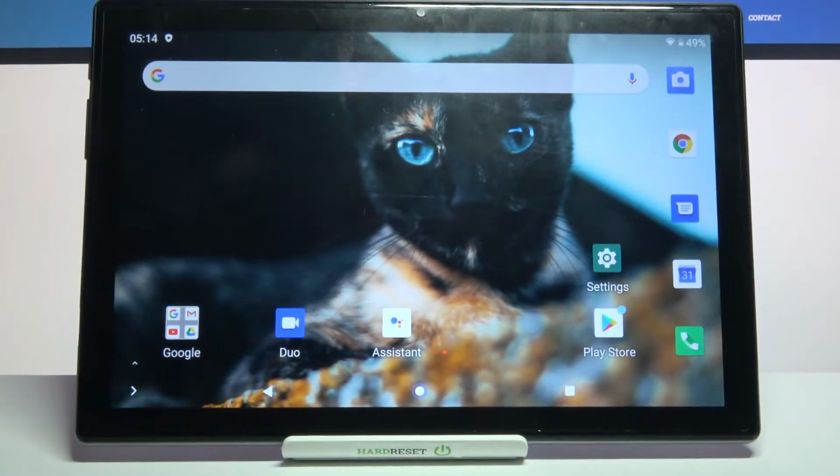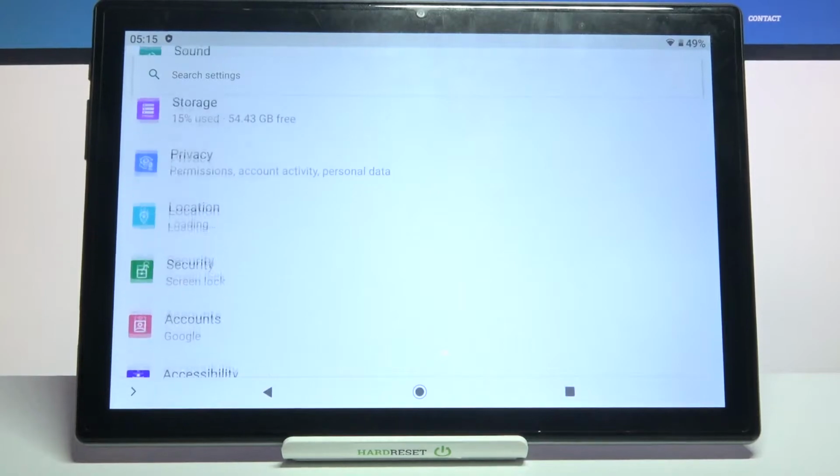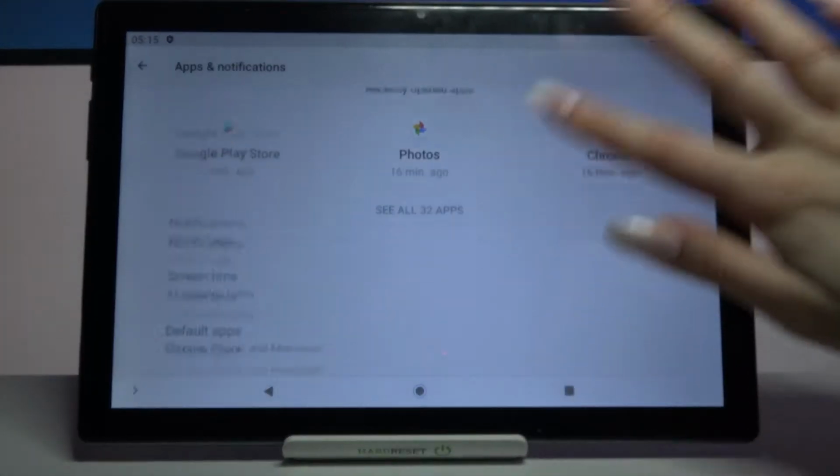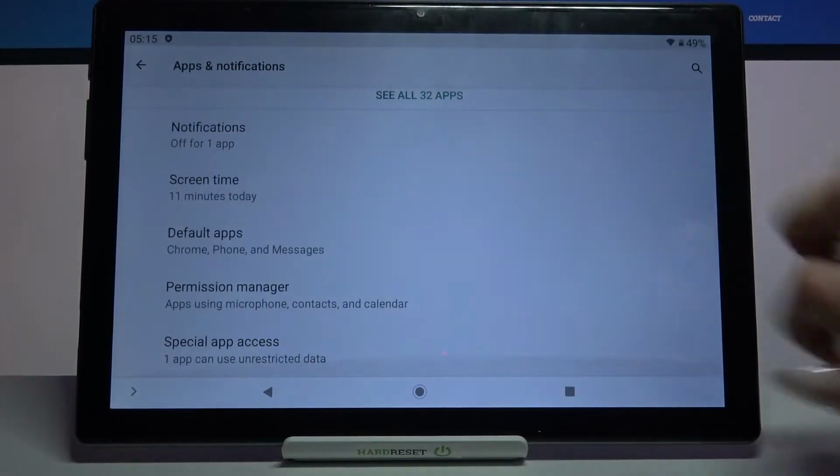Hi, in front of me is TECLAST P20HD, and today I would like to show you how you can manage apps permissions on this device. First of all, go into Settings. Now you need to choose Apps and Notifications over here, scroll down, click on Advanced, scroll down again and tap